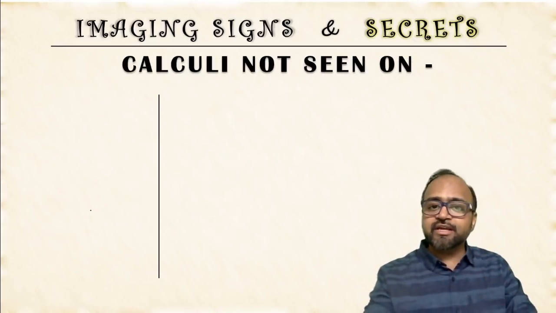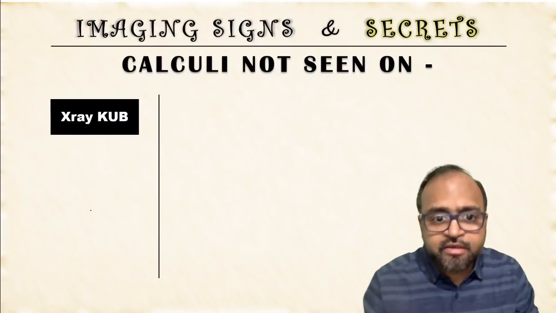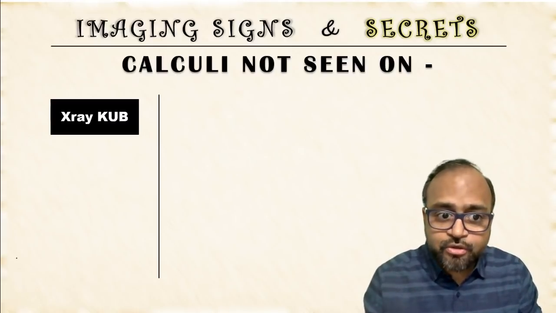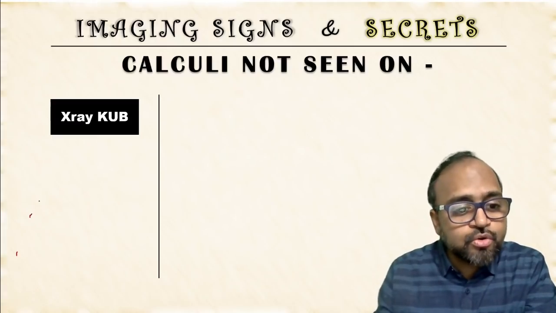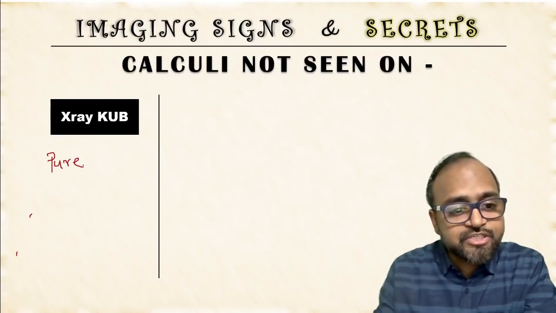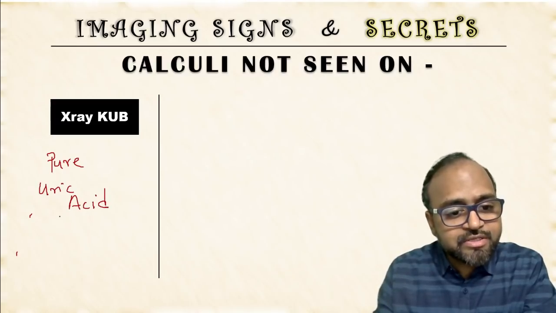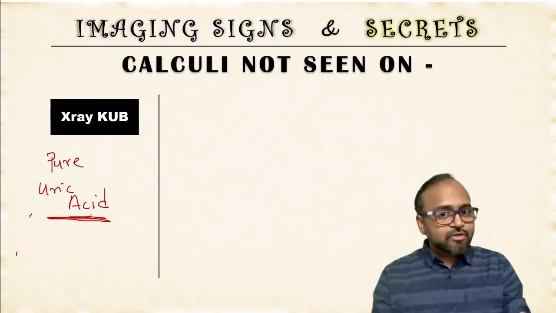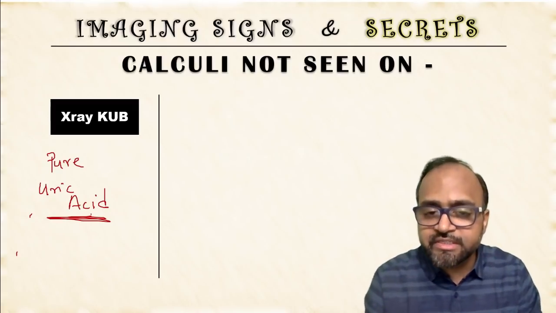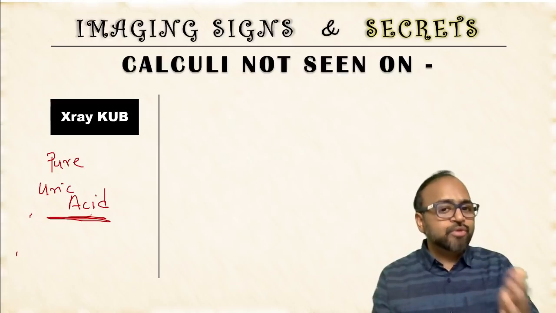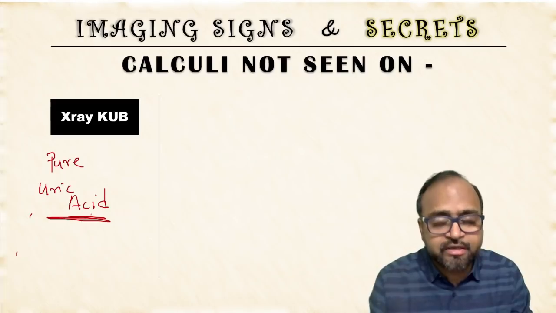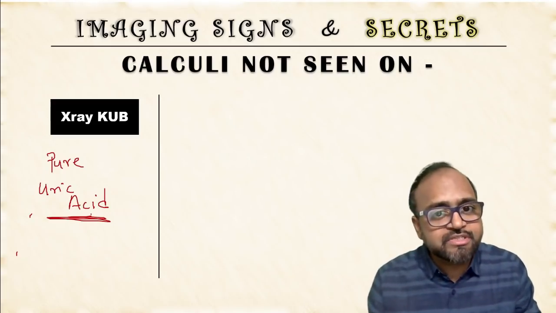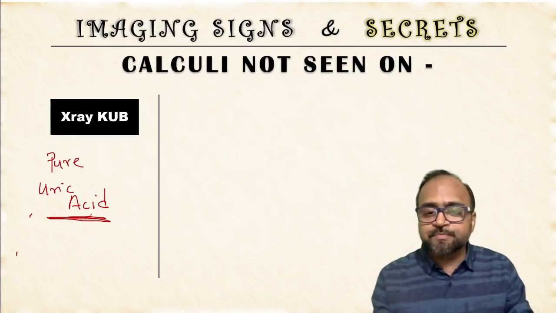Yes, now another secret I want you to know. Questions have been asked saying which calculi are not seen on an X-ray KUB, and we discussed this. Which is the radiolucent calculus? Can you tell me? A pure uric acid calculus, I just told you, is radiolucent. It will not be seen on an X-ray KUB. What if I do a CT scan? On a CT scan, uric acid calculi may be picked up even if they have, say, 1 to 2% of calcium content, because of the higher sensitivity of a CT scan to detect minimal calcium within it.